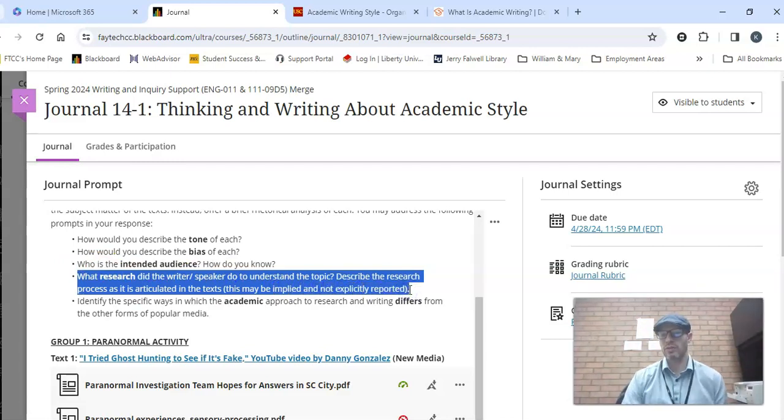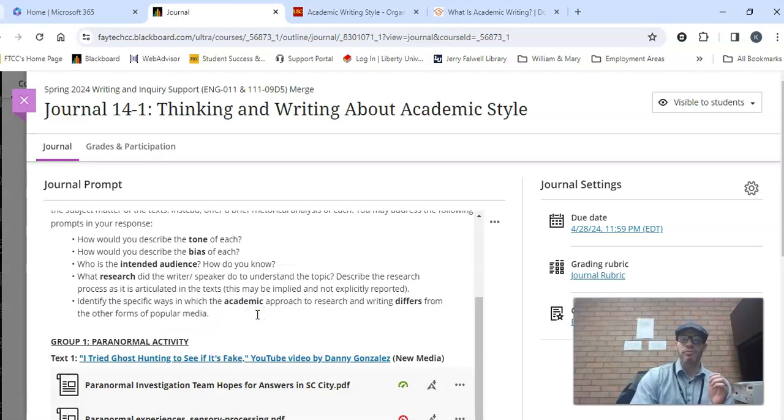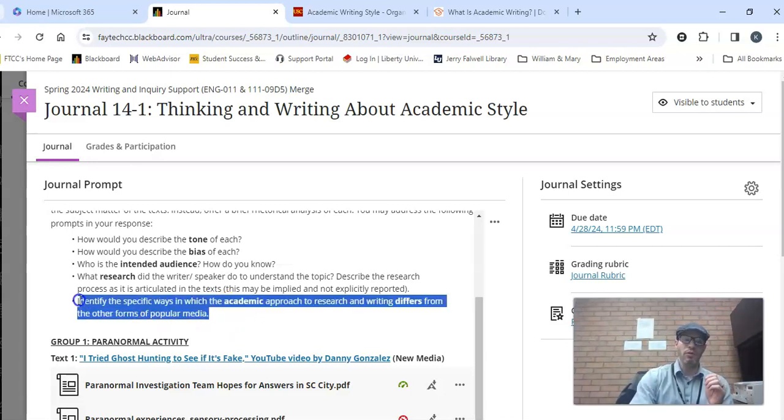And you want to point out the differences between the three texts. And identify specific ways in which the academic approach to research and writing differs from other forms of popular media. I'm having trouble speaking today. I apologize. Now, this is the most important question or most important topic for you to write on, and it's